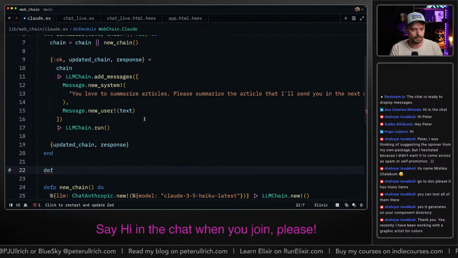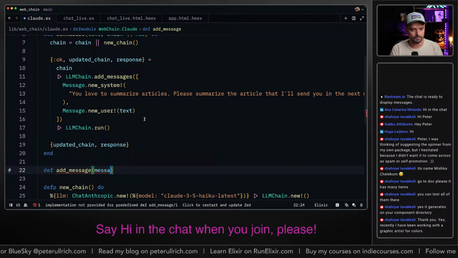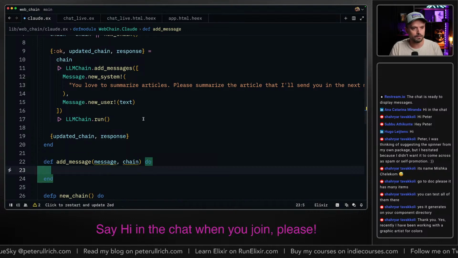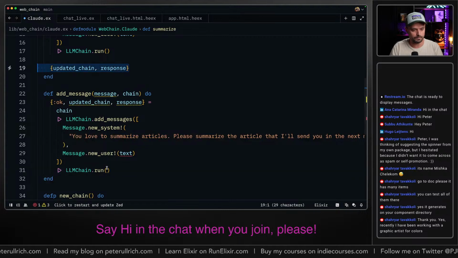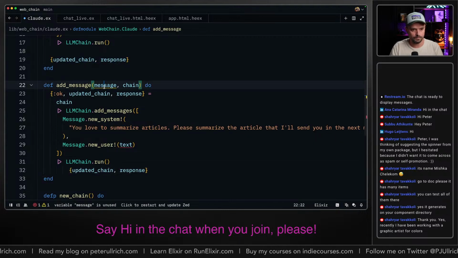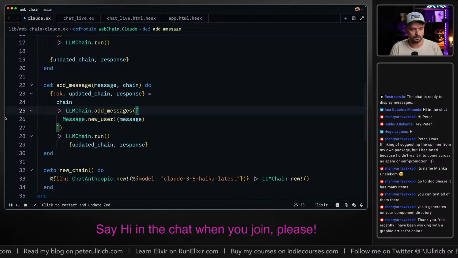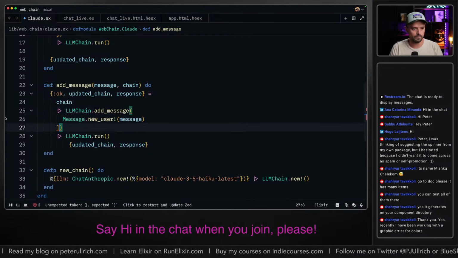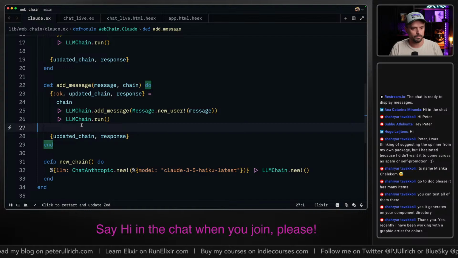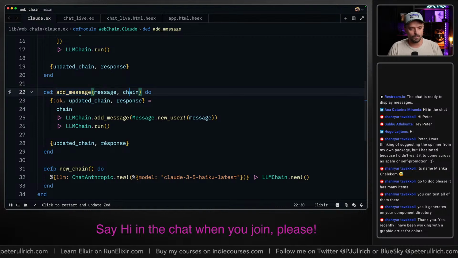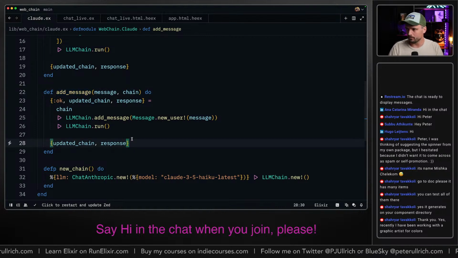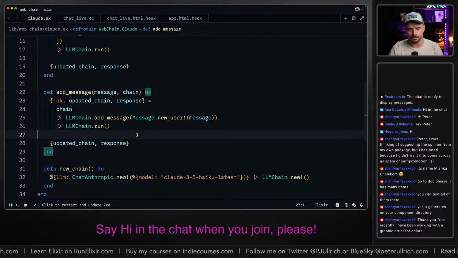So in here we want to just say add message, and then it's going to be a message, and we're going to require a chain, and then we're going to do all of this. So new user message, basically. So now we can actually ask questions about the article. And we always need to return our updated chain because then it has the latest messages, like the entire stack, and that's going to expand our context.